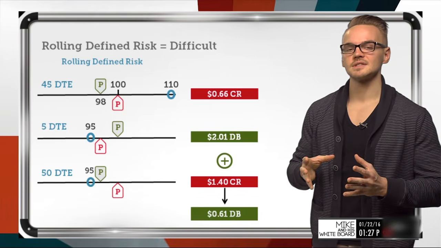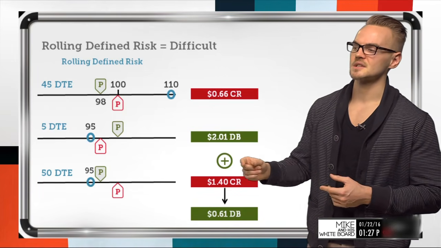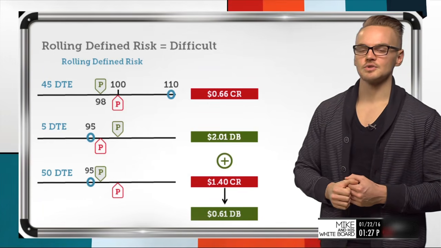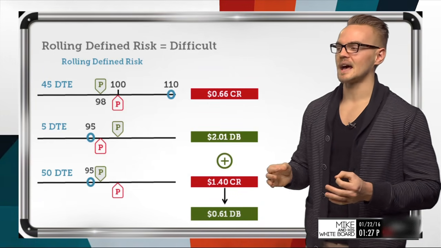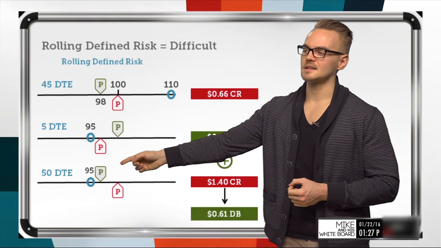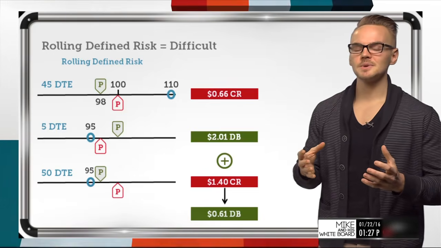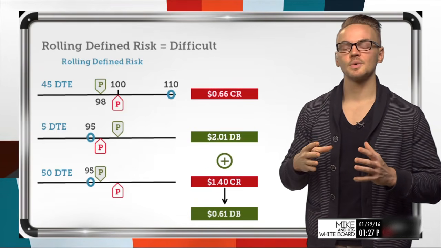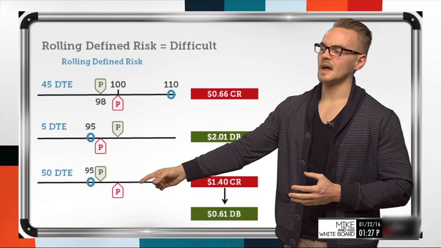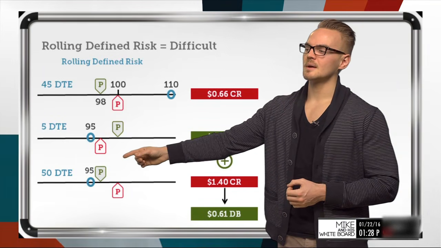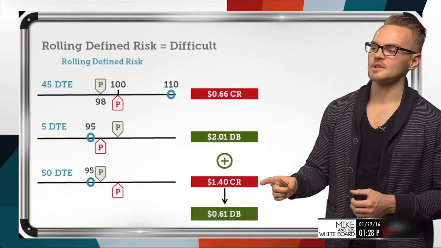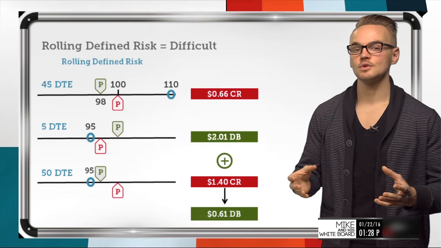So in a lot of instances, when we're looking at rolling defined risk spreads, when they're completely in the money, we're actually going to have a net debit trade. And the reasoning for this is that we're not just selling this option. We have to remember that we're buying this 98 option as well. And as we know, the more extrinsic value is going to be in those at-the-money options. So even though this put will have more total value, there's going to be more extrinsic value in this long put that we're buying, which is going to offset the total credit that we're receiving in that new trade.